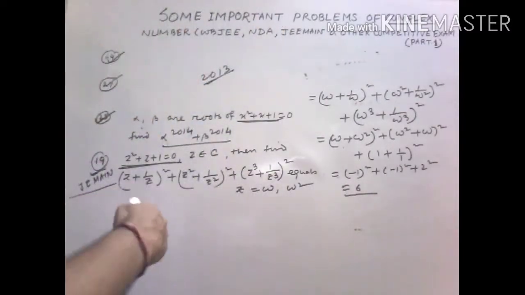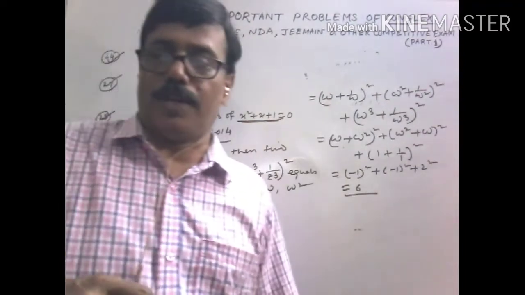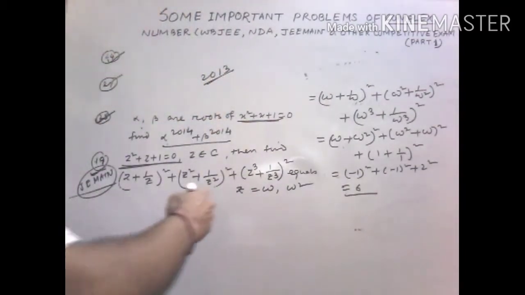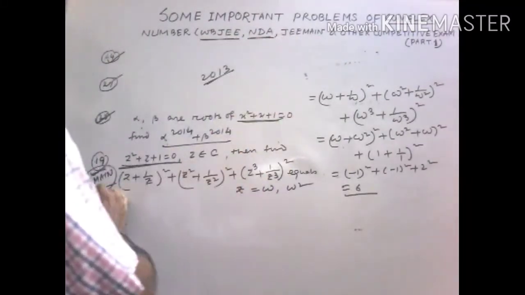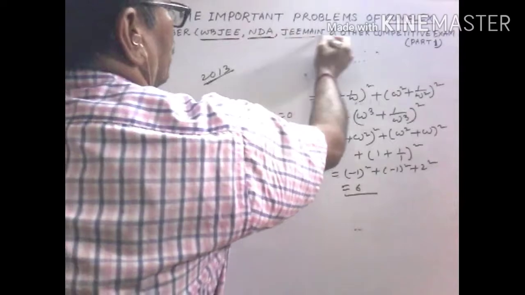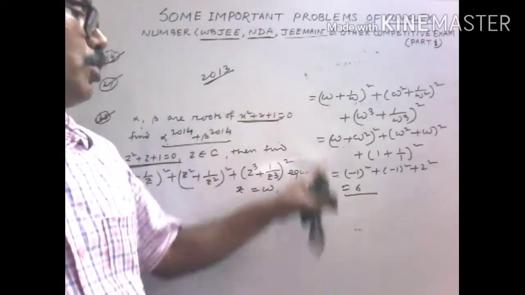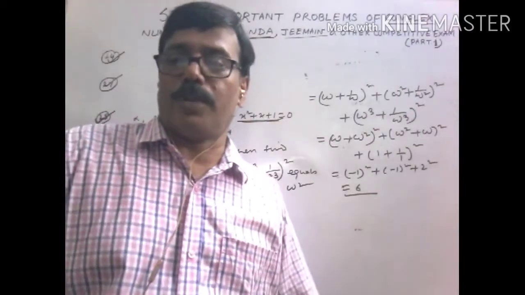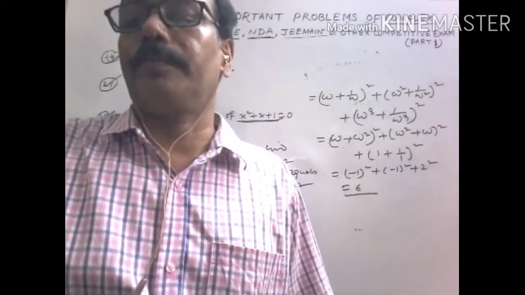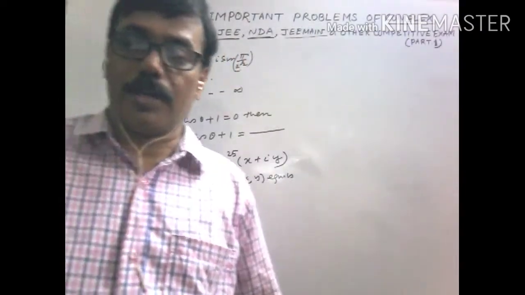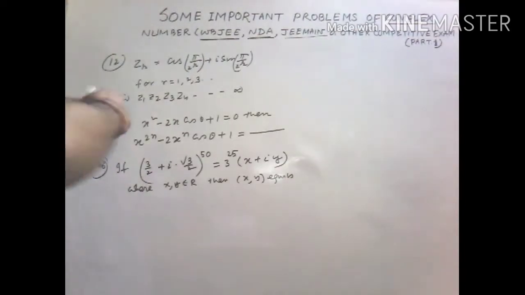So these are very simple problems involving imaginary cube roots of unity. These are problems of West Bengal JEE and India also. Look, this one is a problem of JEE Main. Very simple problem. So two properties: 1 plus omega plus omega square equals 0 and omega cube equals 1. And now we consider other types of problems.